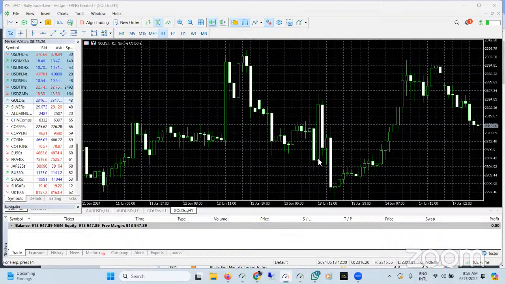Remember, there must be a minimum allowable limit for you to place a stop loss and take profit. If your stop loss is too close, you'll not be able to modify. If your take profit is too close, you're not able to modify. So give it a gap, maybe 20 pips, 30 pips, so it should be able to show, and then you should be able to modify. All right, let's go.